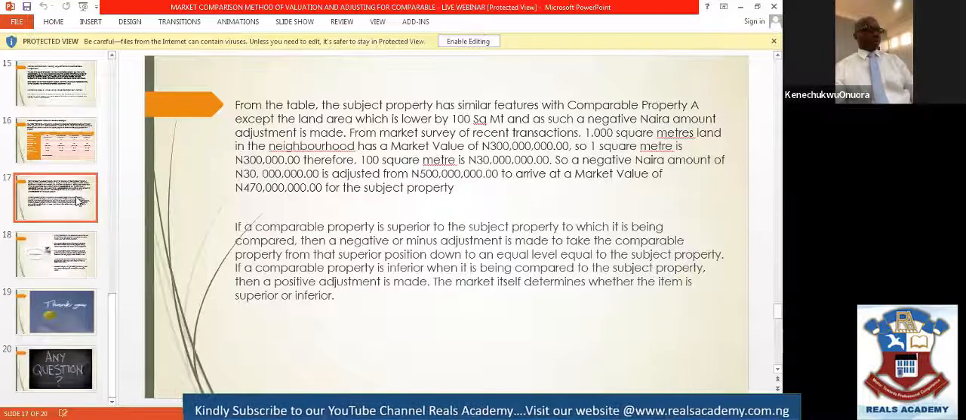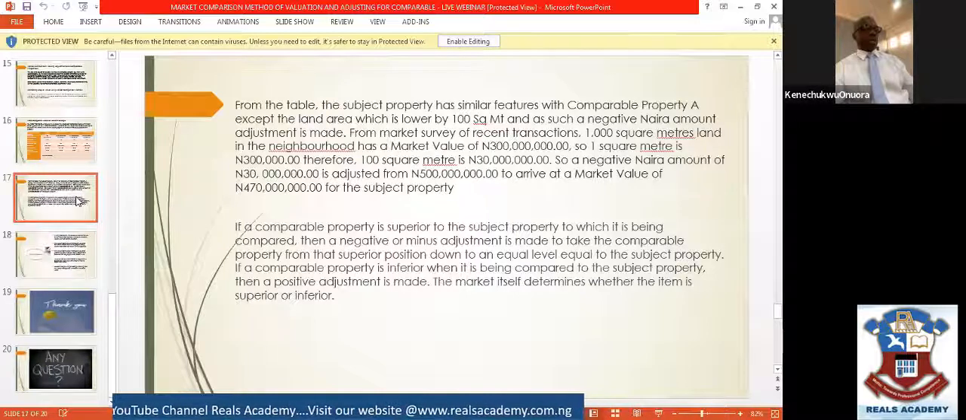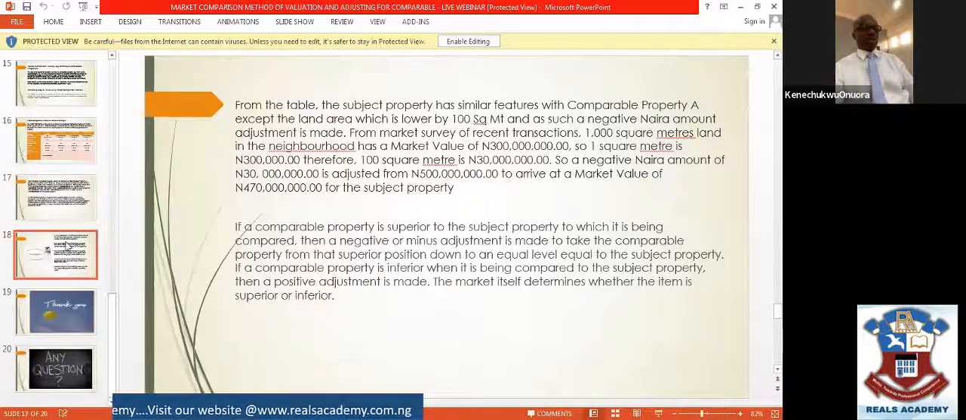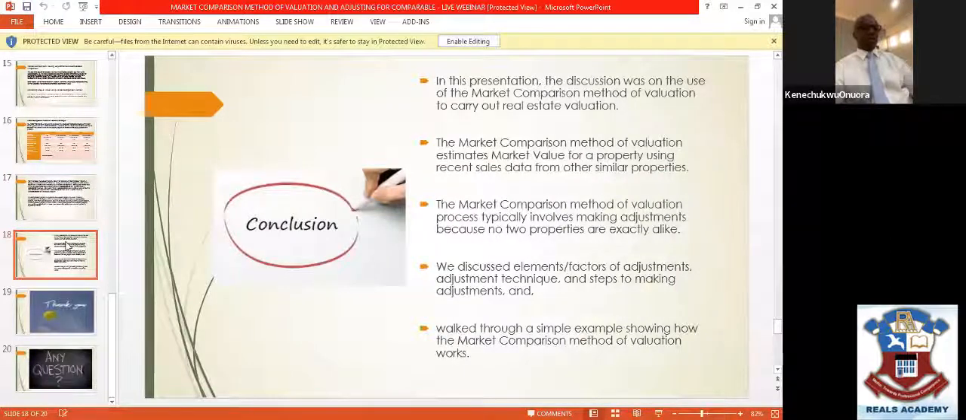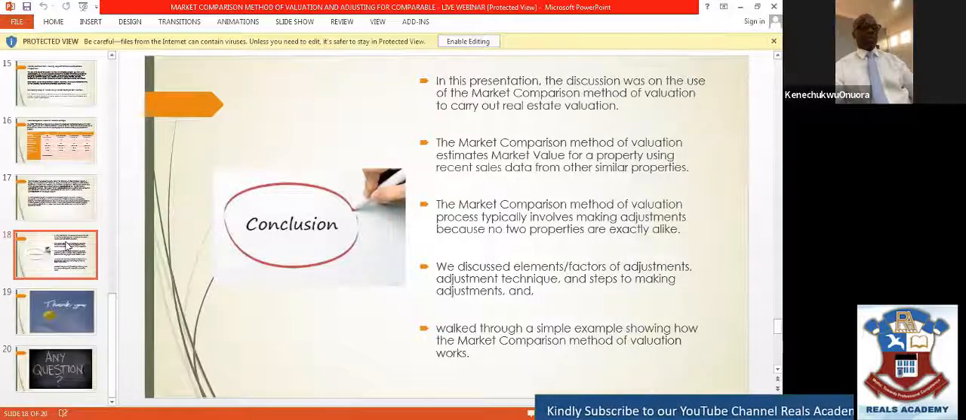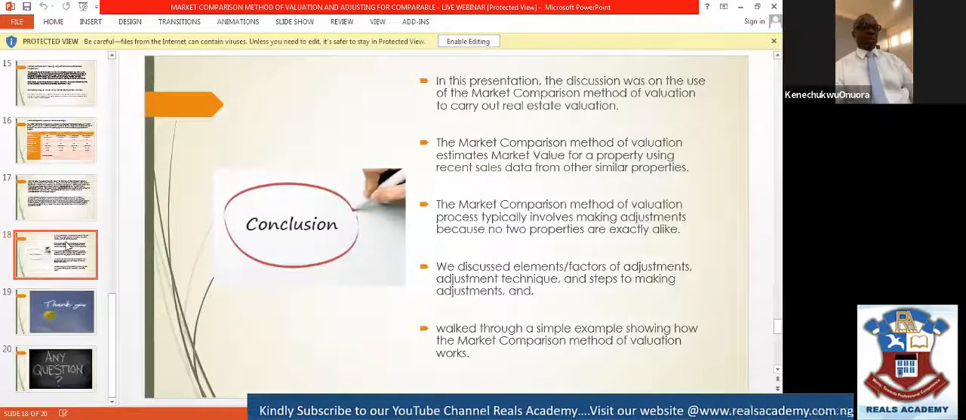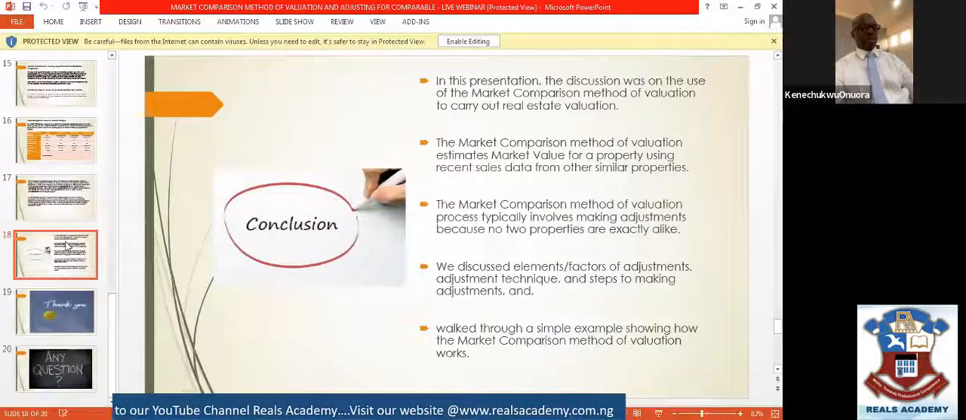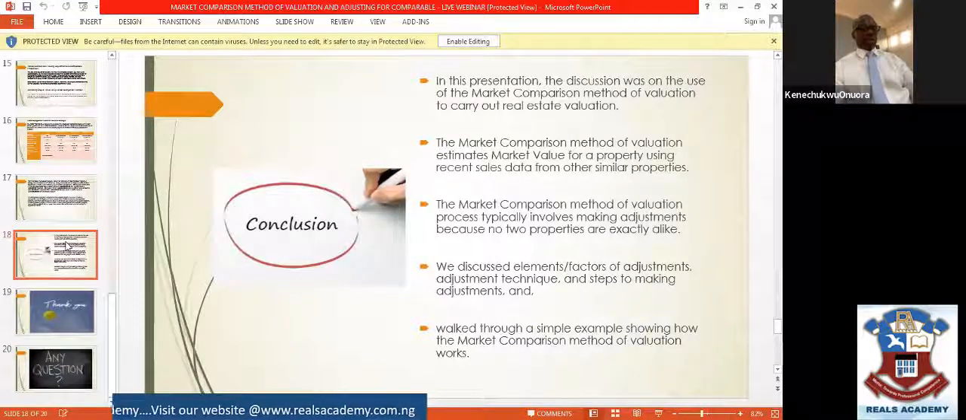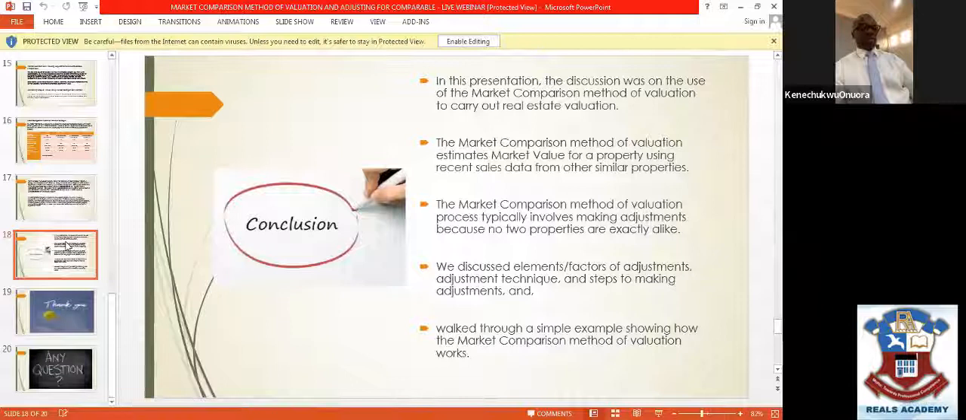In conclusion, I would be able to recount again all that we have said in this presentation. The discussion was on the use of market comparison method of valuation to carry out real estate valuation. The market comparison method of valuation estimates market value for a property using recent sale data from other similar properties. Emphasis, similar properties. The market comparison method of valuation process typically involves making adjustments because no two properties are exactly